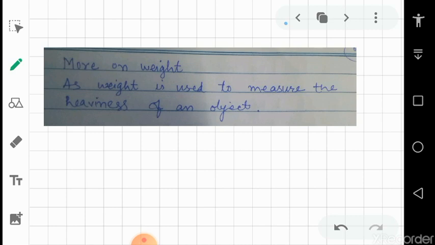As weight is used to measure the heaviness of an object. In the last video, I gave this definition also, so let us remember this. Weight is used to measure the heaviness of an object. Some objects are heavier, some are lighter. So for a heavier object, the weight is more, and for a lighter object, the weight is less. Now